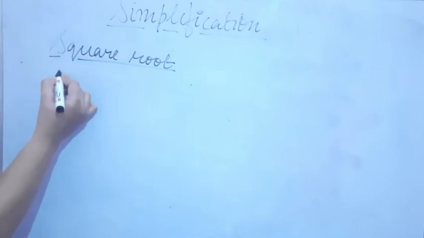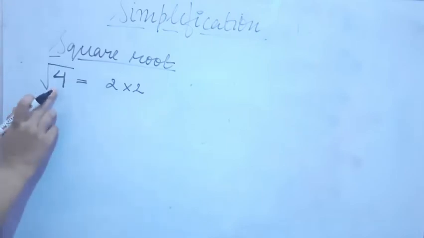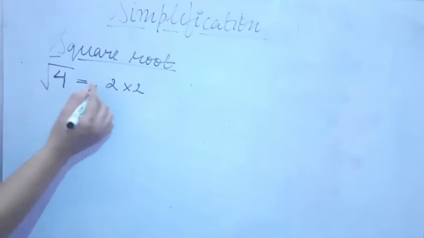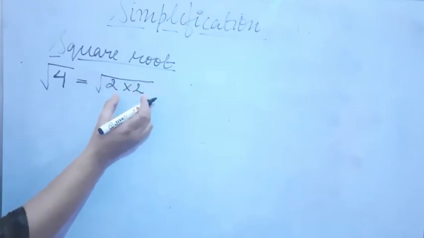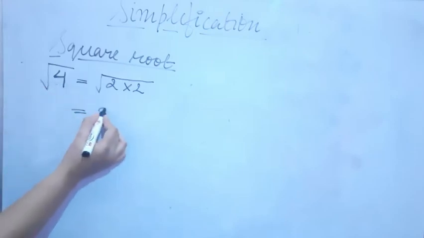Now square root means, if I talk about the number 4, 4 is obtained by multiplying 2 two times. When you multiply 2 two times, then you are obtaining what? You are obtaining 4. So I can say that the square root of 4 is denoted by root 4. Now what is the square root of 4? When you see 2 is multiplied 2 times, then we have obtained 4. So we can say that the square root of 4 is 2.